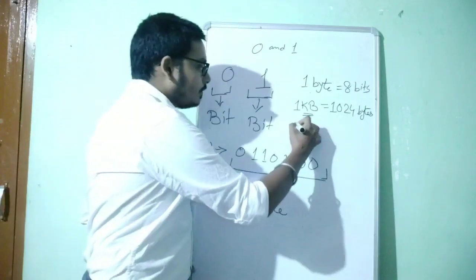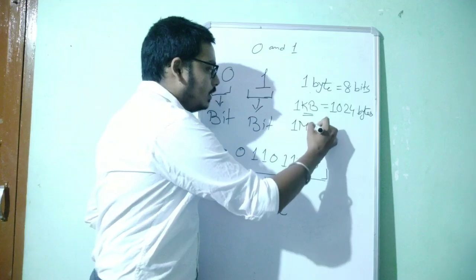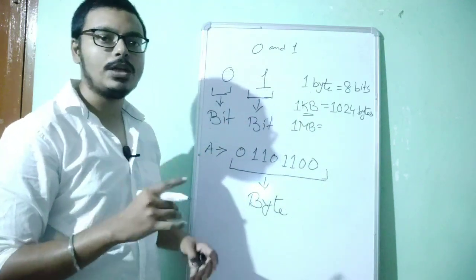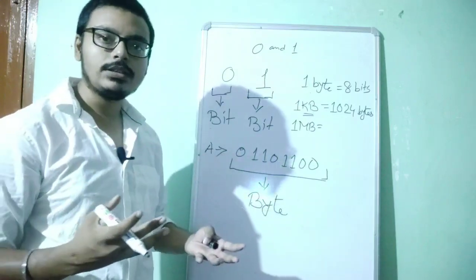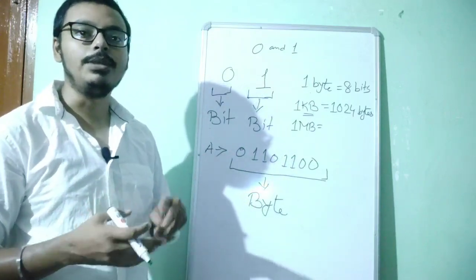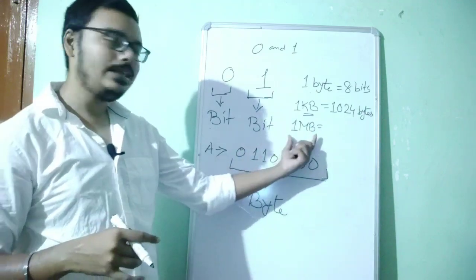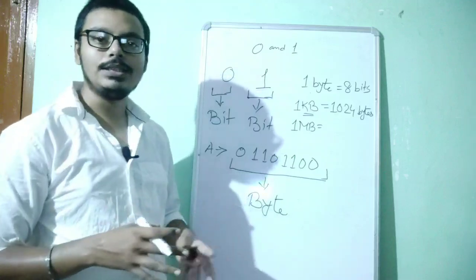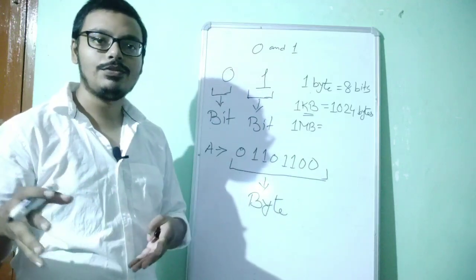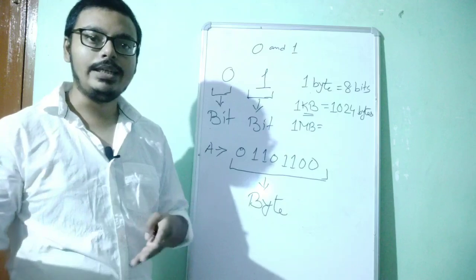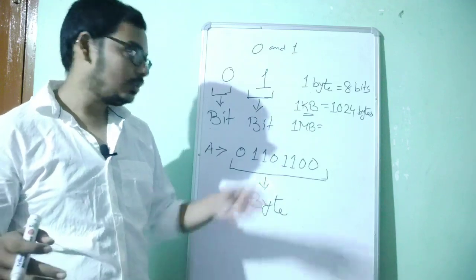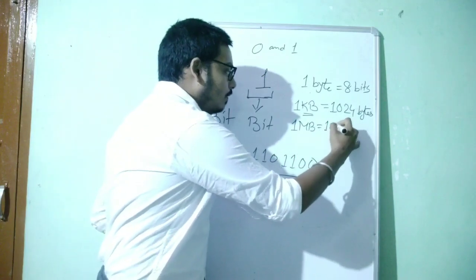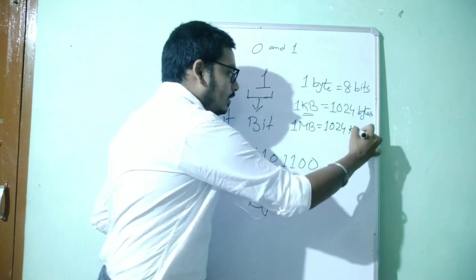After that, 1 MB, MB means 1 megabyte. Every one of us has heard MB, GB, KB, right? So these are those MB, GB, KB. Okay, my file size is 10 MB, that song is 10 MB in size, that game is 4 GB, 2 GB, right? So these are the sizes. Then 1 MB is equal to 1024 KB.